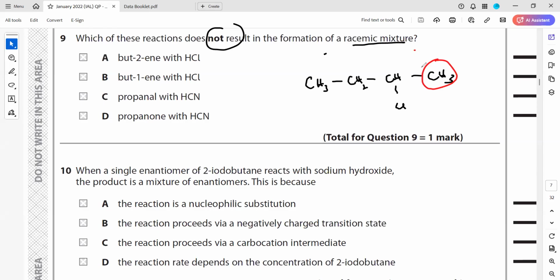Which of these does not result in the formation of a racemic mixture? So it's one. First, to understand the racemic mixture, we have to check whether there's a chiral carbon or not. This has a chiral carbon. Yes. Okay, and both ways, it might be chlorine bonded here,